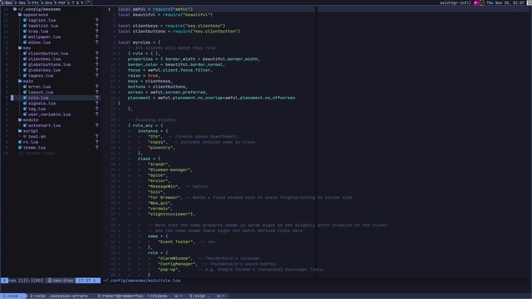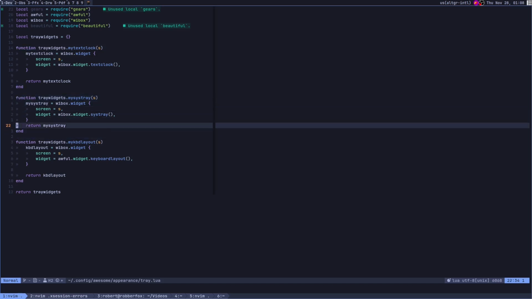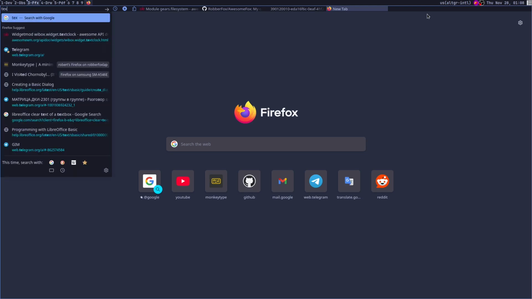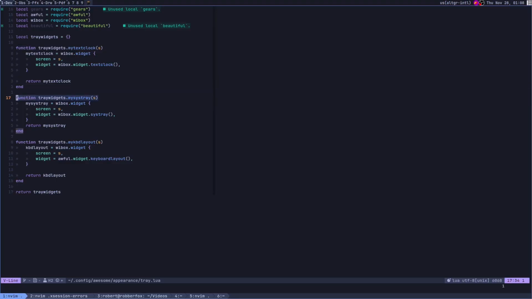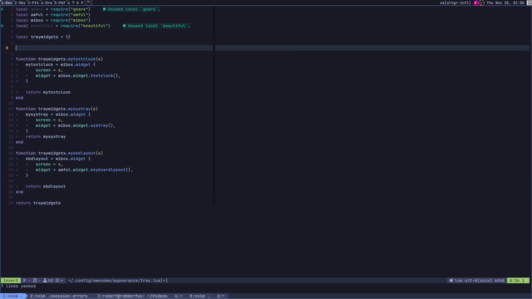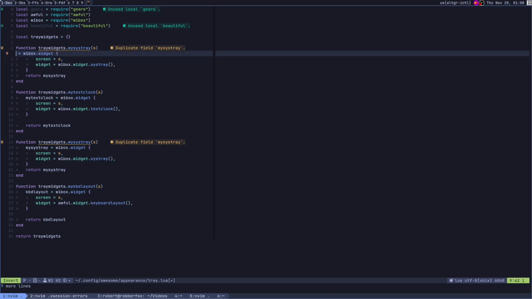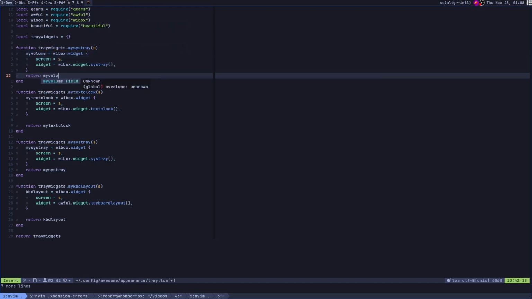What we need to do now is make some boilerplate system tray widget that's gonna output text. The API has a special widget for that. It's a text box widget. So what I can do is copy my stuff, make a boilerplate, and paste in the next information. My systray instead will be my volume, and again my volume,